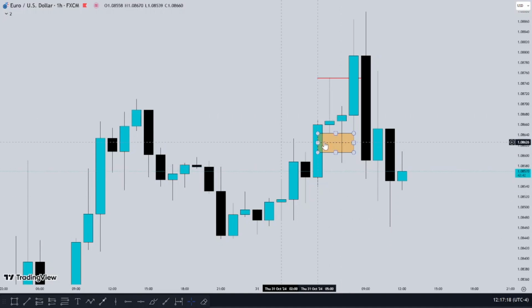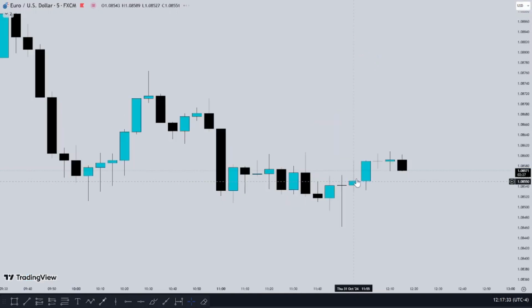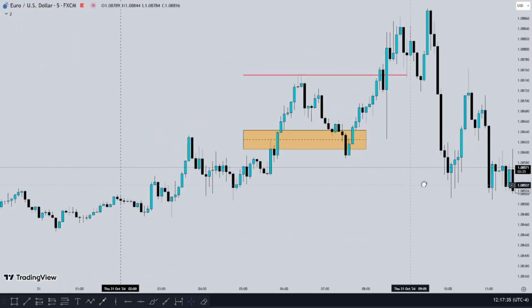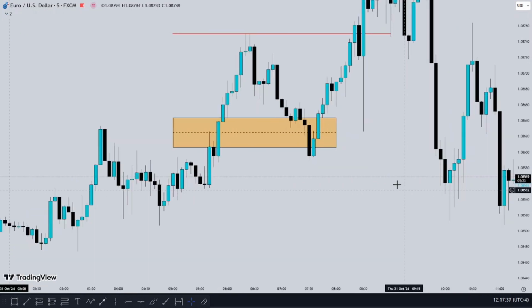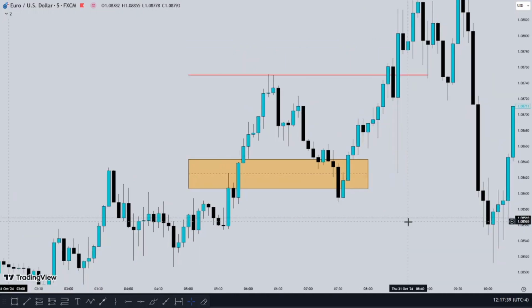Price retraced to the fair value gap at 7 a.m. 8 a.m. price traded, took out the London high. You can see the run on the buy side liquidity. Now, for a confirmation, as soon as the price trades to the fair value gap, this will be your second time frame. You're looking for a shift of structure from the 5 minutes between the range of